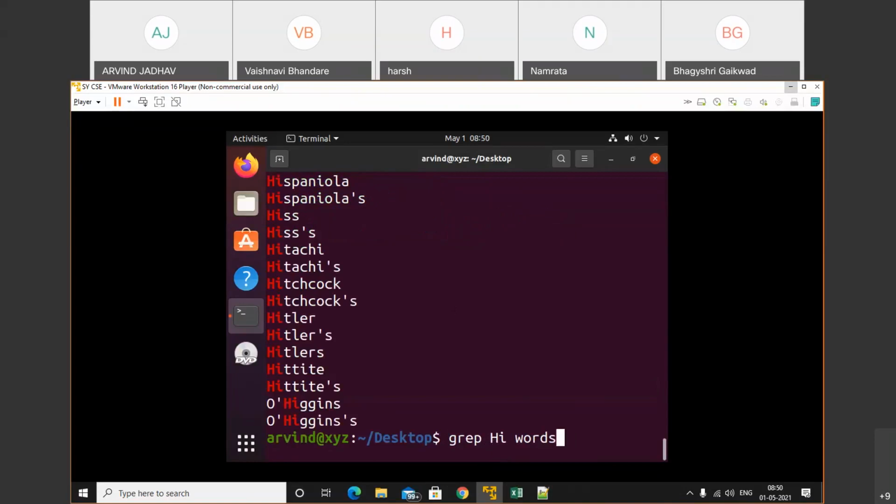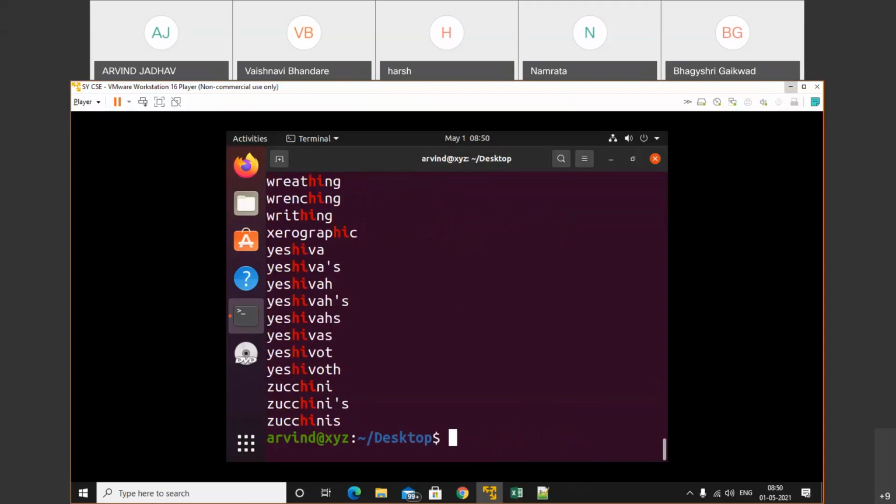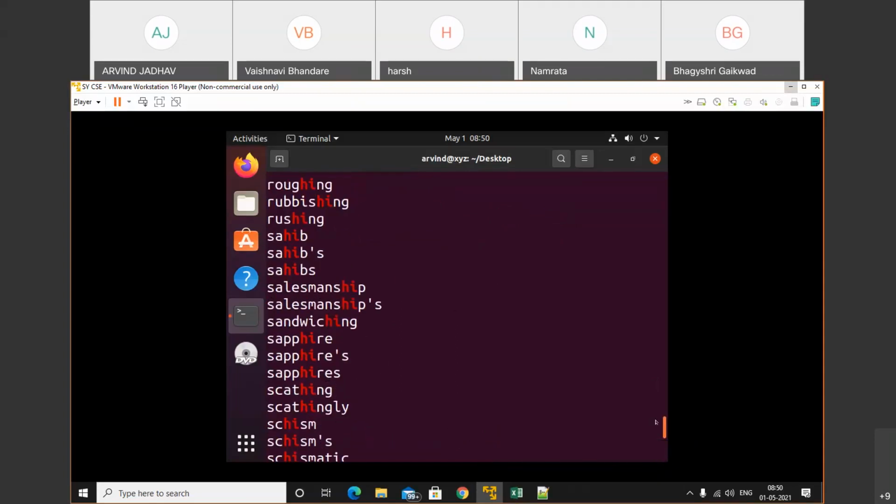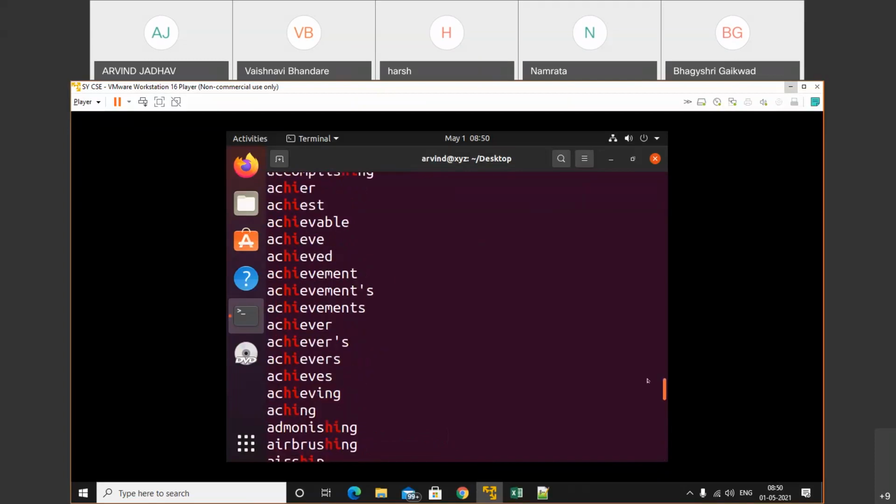Now when we pass grep hyphen i and after that a particular word, let's check it out. See, here we get small letters also, and we also get the capital letters. So we'll check about that.